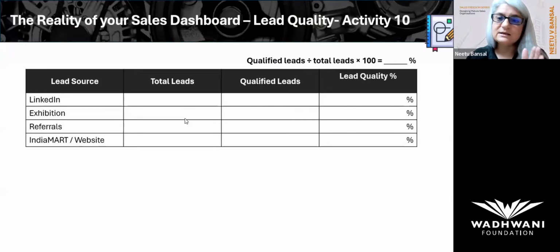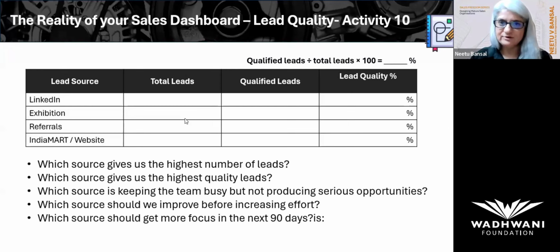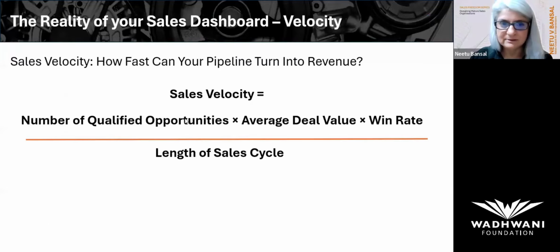Just don't look at total leads. Define what is a qualified lead and count the number of qualified leads. In fact, if you have a sales team, make them do the work, because then they will realize sooner that they're sometimes running behind category D kind of customers, and they're getting low quality leads. And then you can, of course, look at your numbers. There are some more questions in the worksheet.